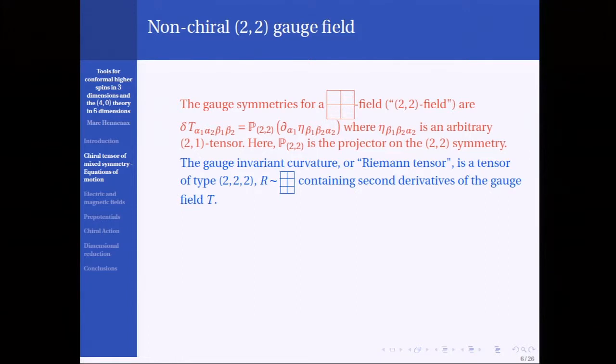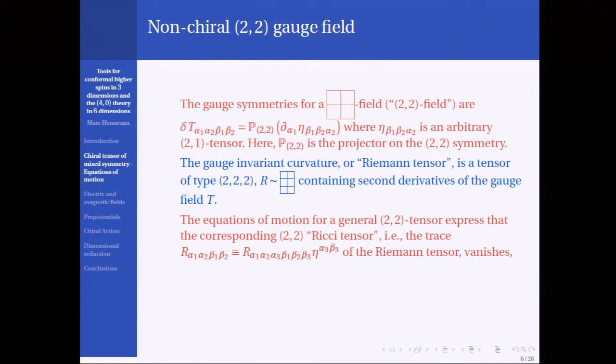So you can introduce, just like you can do for gravity or linearized gravity, a gauge invariant curvature. You have to take two derivatives of the fields in order to build gauge invariants. And all the invariants are captured by the Riemann tensor. They will be functions of the Riemann tensor and its derivatives. The Riemann tensor contains two derivatives of these fields, projected on this Young symmetry tableau, and so I call it the curvature. In the case of the ordinary description of gravity by a symmetric tensor, you have only two boxes and not that, and the Riemann tensor would have four boxes, not that. Here there are two additional boxes. This is reflected in the Riemann tensor.